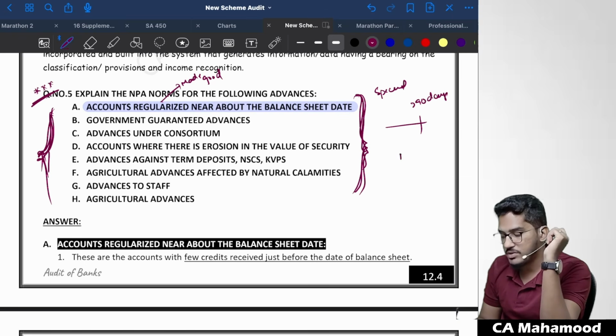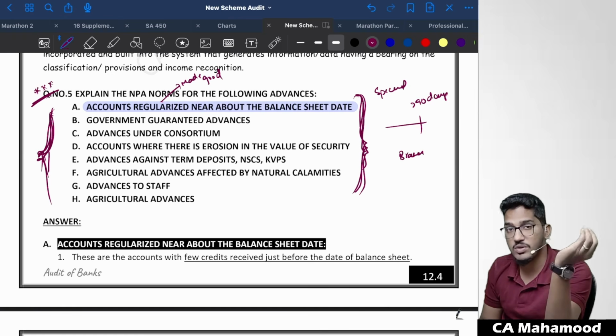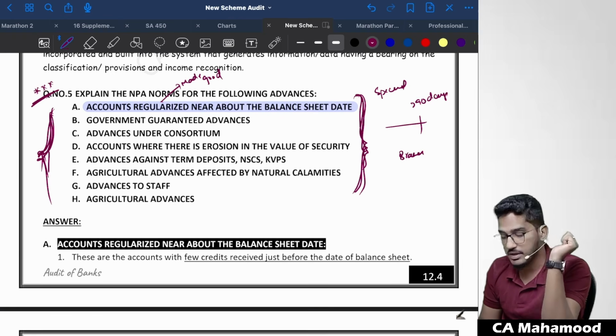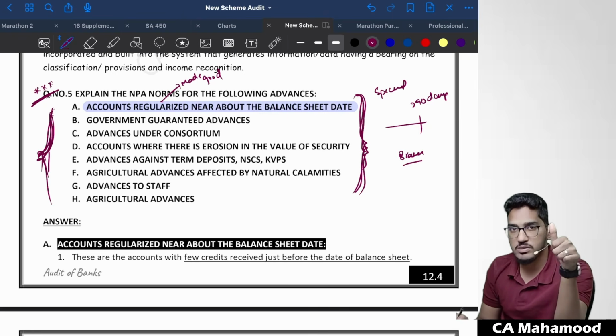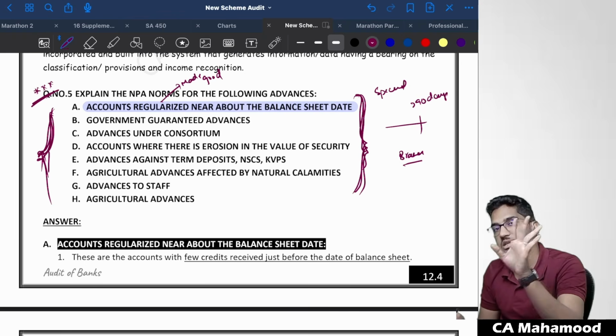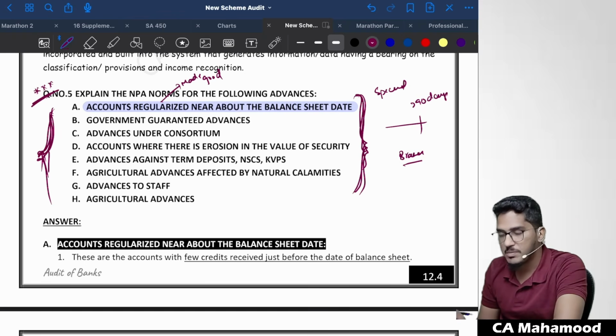But bank managers, especially branch managers, don't want to classify the accounts in their branch as NPA. Why the branch managers don't want to do this is, in case there are more accounts in their particular branch which are classified under NPA, that means that branch performance is not good. If the branch performance is not good, then the concerned branch managers and the bank staff will not get the increments as expected. So what some managers will try to do is they will try to play some cheap tricks. What exactly they will try to do is, an account will remain overdue for more than 90 days.